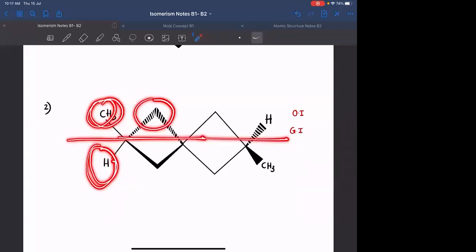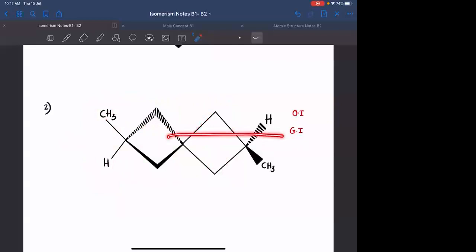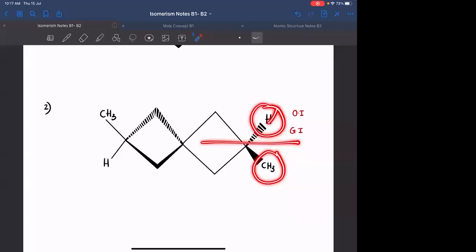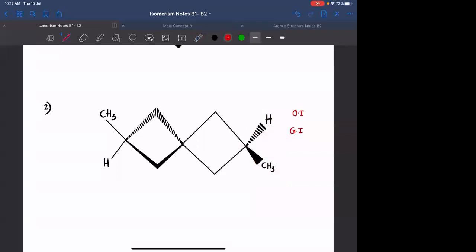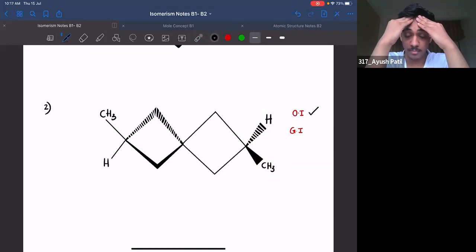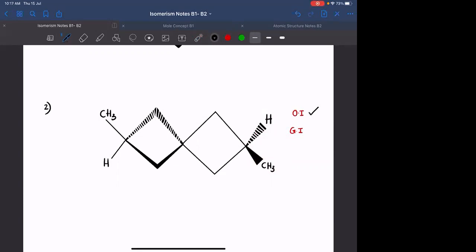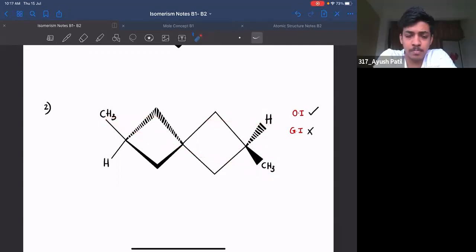I'm passing a plane through these particular groups, so no need to check for these groups. About this particular plane, both parts are same. These are present on the plane again, because these bonds are in the plane. About this particular plane, these two are different. यहाँ पे hydrogen है, यहाँ पे CH3 है. So the molecule is asymmetrical. So do you have optical isomerism? Yes, sir. Do you have geometrical isomerism? No, sir. यहाँ पे फिर से नहीं रहेगा. क्यों नहीं रहेगा? Again, यहाँ से यहाँ तक जो distance है, यहाँ से यहाँ तक same distance है. The distance will be same. Agreed?